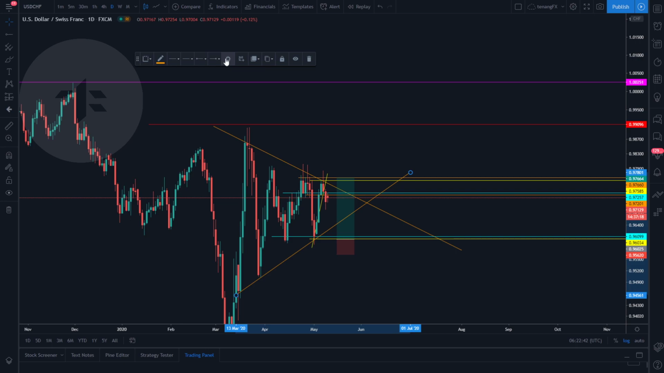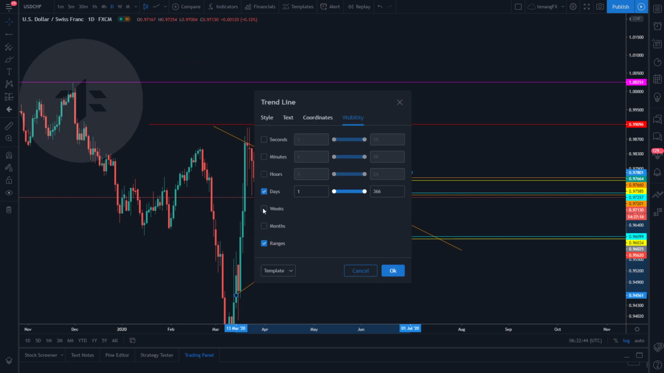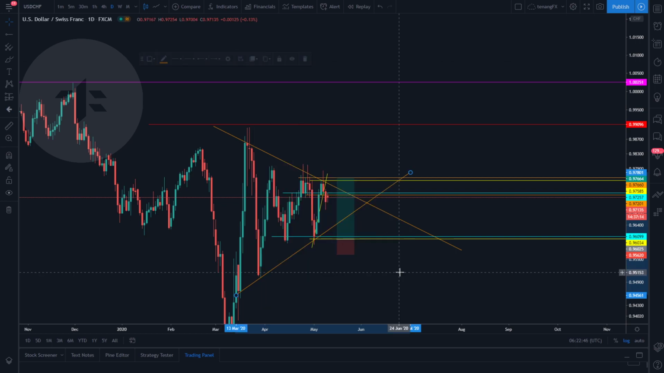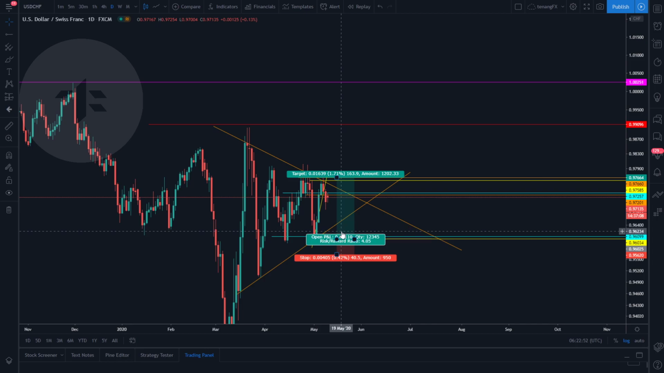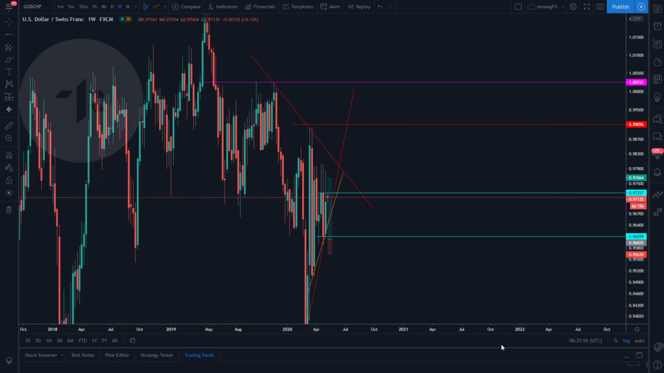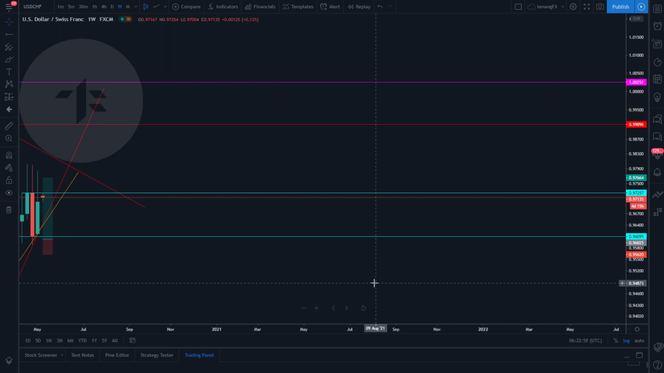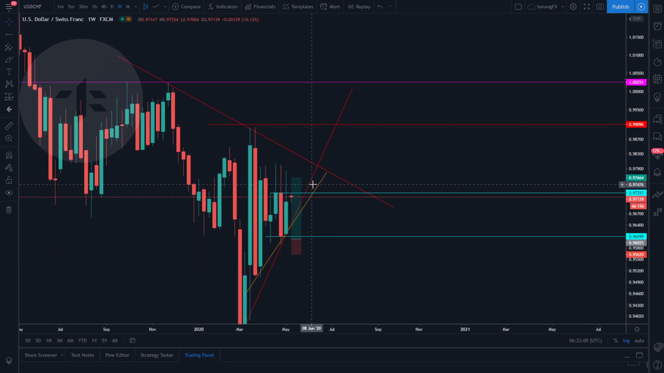Okay, tetapi because kita ada bias monthly to fulfill, so I'm expecting price to go long here. And also walaupun daily tu tak fresh punya trend line, but at least daily trend line ni dia confluence dengan